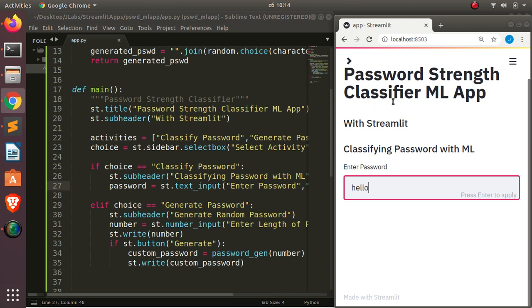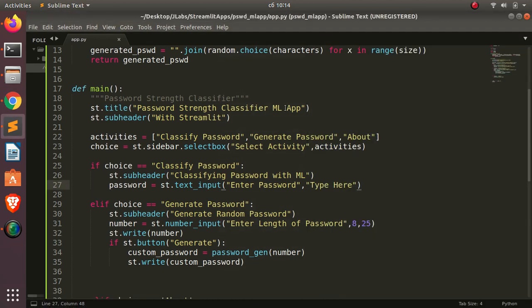In case you are building a production ready app, you have to at least mask this particular text that the person is typing, right? So how do you do that? In the updated or upgraded version of Streamlit, that is from 0.54 upwards, you just need to specify this. Take off this. So let's make it like this. So I'll copy this one,